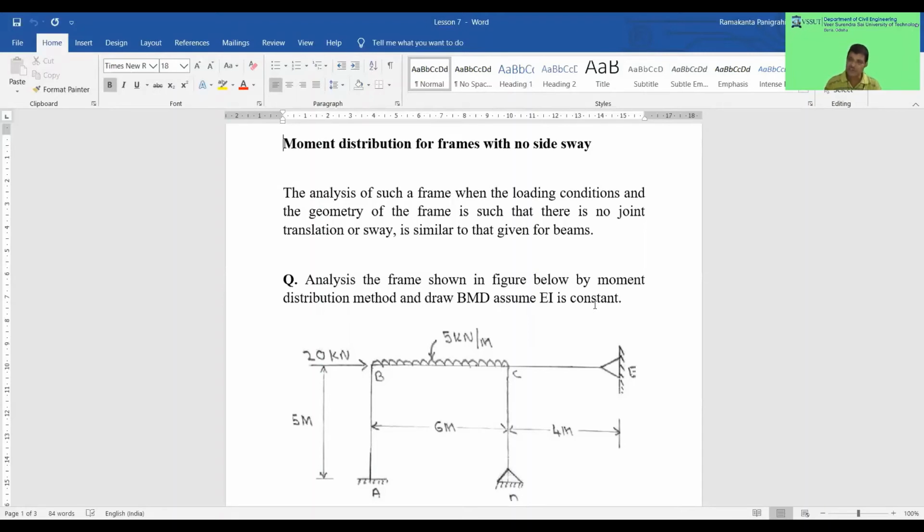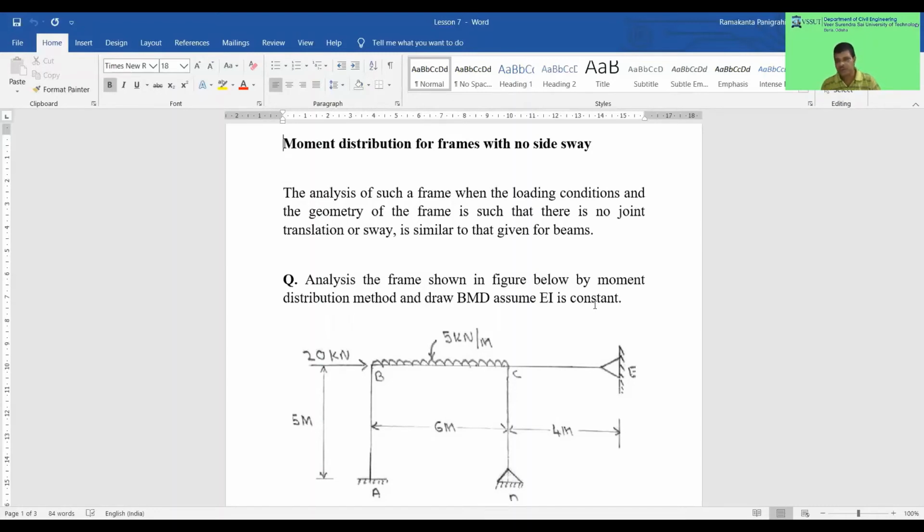To sway this section, there may be different kinds of supports. There may be different moments of inertia of the columns. There may be different heights of the columns. There may be different loadings on the columns. There may be eccentric loads on the beams. Any of the combinations or any one may give rise to the sway problem. The frame will sway towards right or left, depending on what you assume.